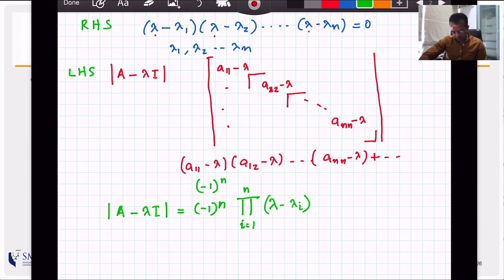Now we talked about the coefficient of lambda to the power n. What's the coefficient of lambda to the power n minus 1? Lambda to the power n minus 1 in the expansion of the factorized polynomial in the top,